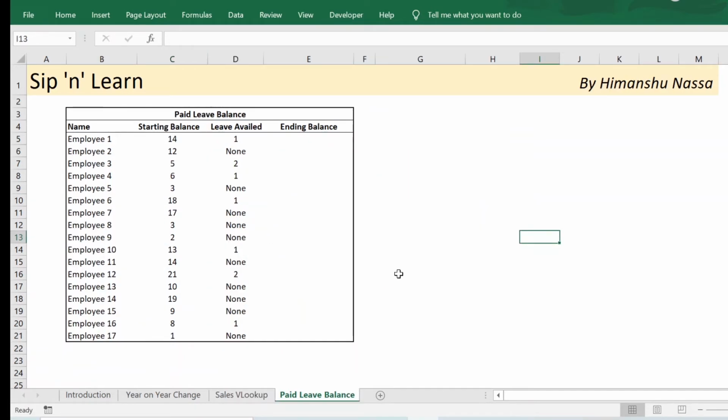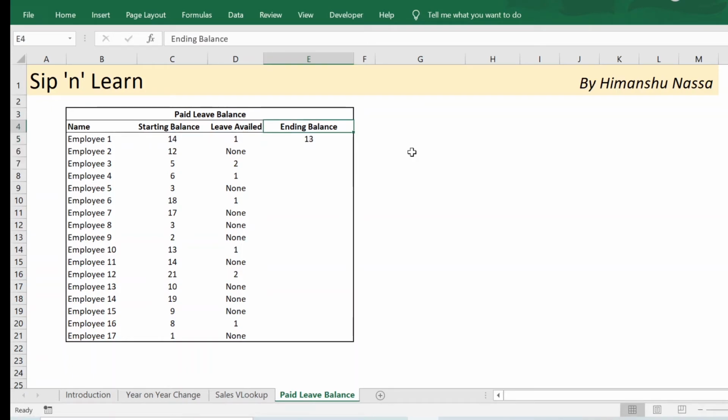Here is a list of 17 employees with their leave balances at the start of the month, and the second column lists the leaves availed in this current month, and I'm required to calculate the ending balance of each of the employees. It can be calculated through a very simple formula using the starting balance minus the leave availed.